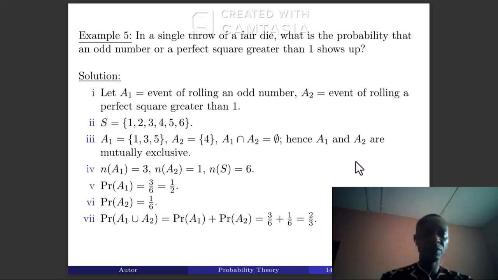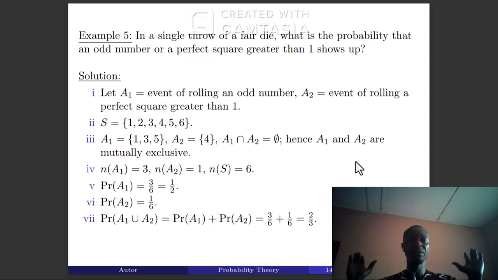We only have 4. So what is the intersection of A1 and A2? There is nothing. They have nothing in common. So that means it is the empty set. If their intersection is the empty set, that means A1 and A2 are mutually exclusive events. Remember, the occurrence of one does not affect